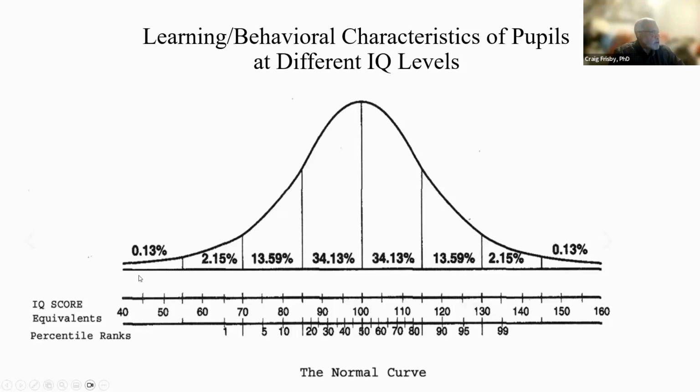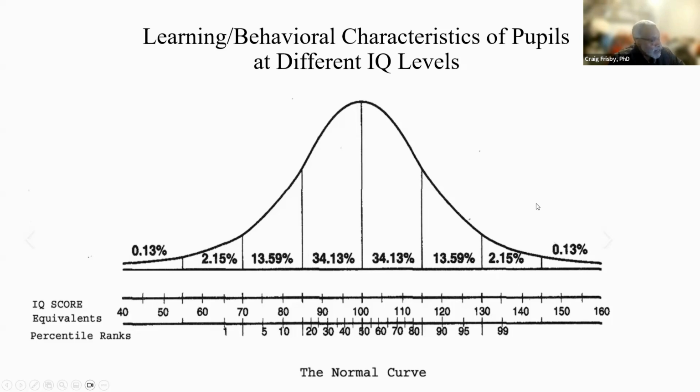And what we mean there is that if we start with low scores, very few people get very low scores. But then as you move towards the middle, more and more people get scores that are closer to the middle. And then when you get to the middle, you have a lot of people that fall in the middle. And then if you keep going up to higher and higher scores, fewer and fewer people get high scores. So these are the percentages of people that get scores under the normal curve.